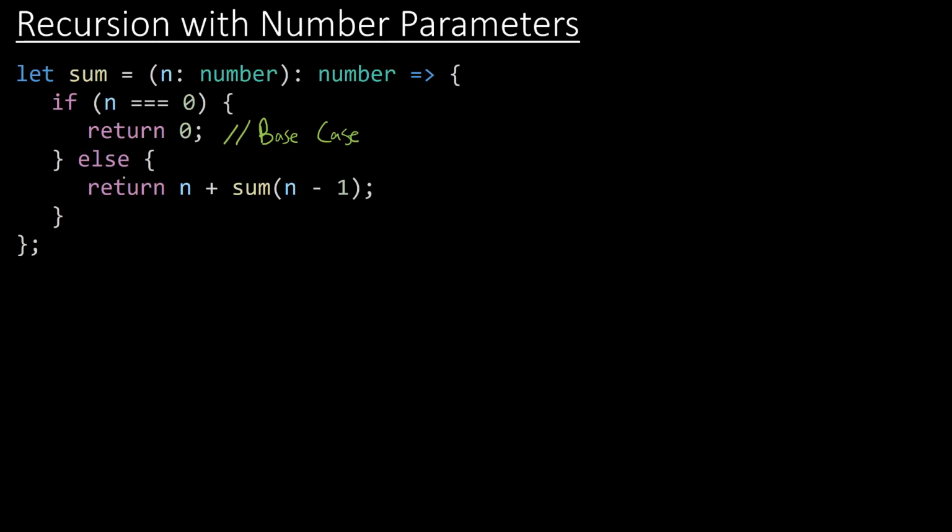The recursive case then is when we have a non-zero number, so imagine 1, 2, or 3, we will return n, the current n value, added to the recursive call here. So here sum is calling itself recursively. But notice something important is happening here in the argument. We are subtracting 1 from the argument that this function call was made with. So if n were 3 when sum was called initially, sum is going to call itself again, but with 2